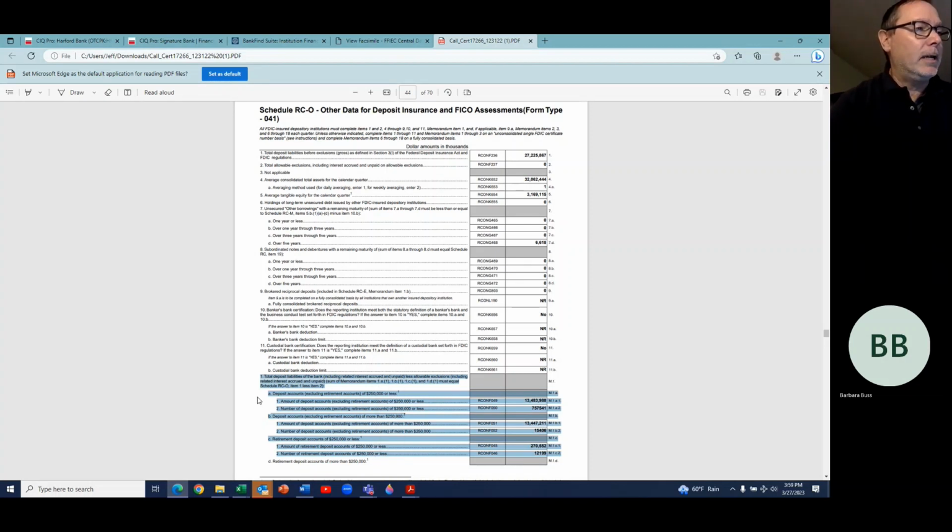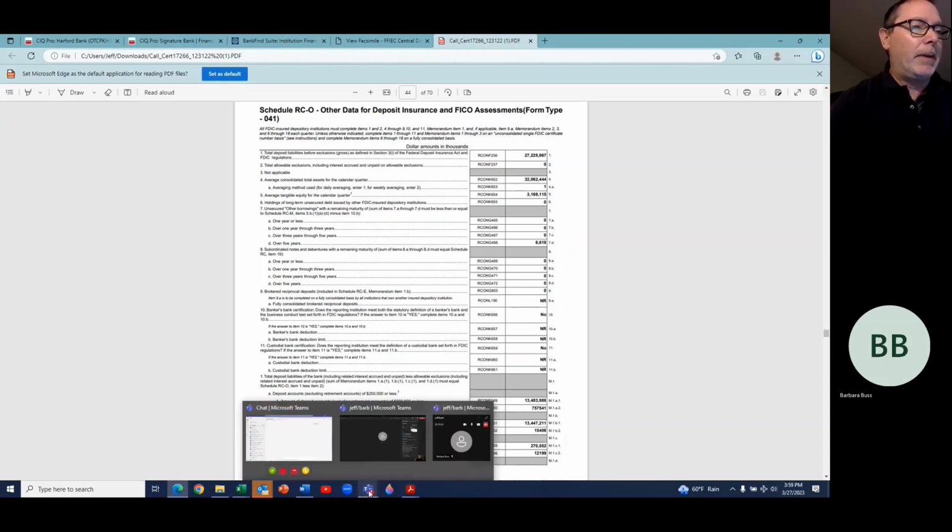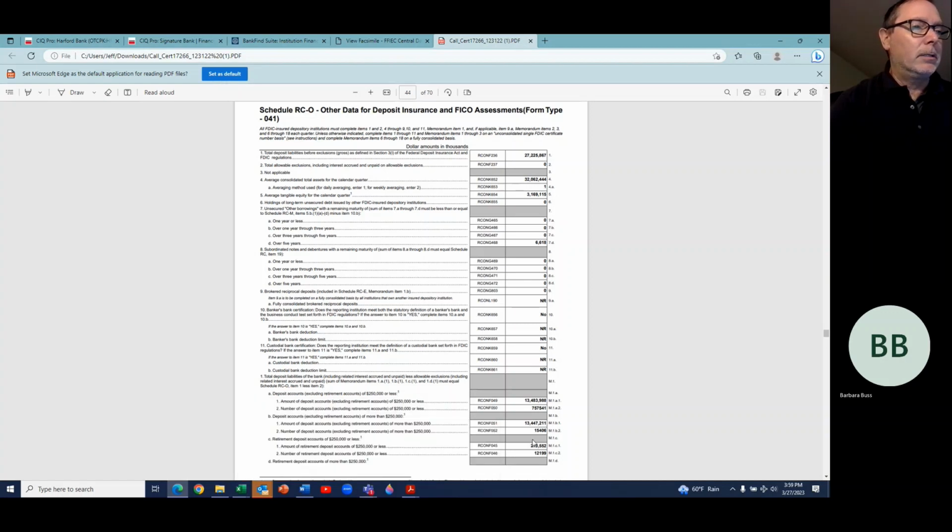It'll say deposit accounts. And in 1B1 and 1B2, these are important numbers. So you see 13 billion, 447,211 million is the dollar amount of deposit accounts of more than $250,000. And 1B2 is the number of deposit accounts,